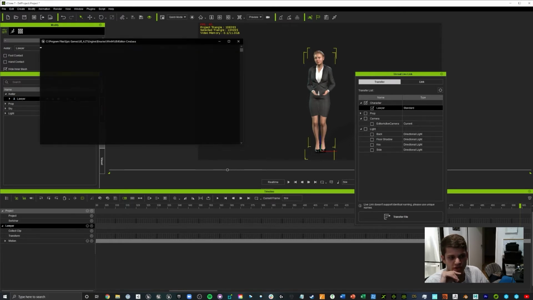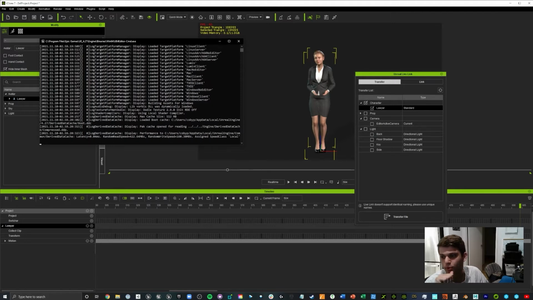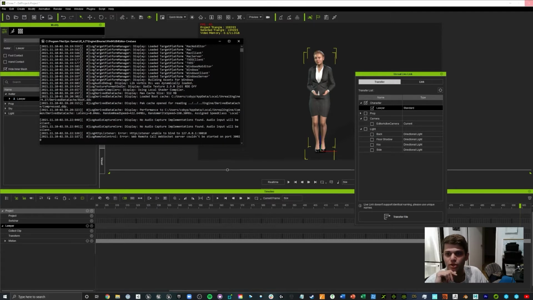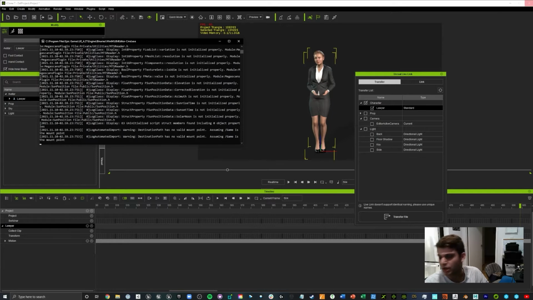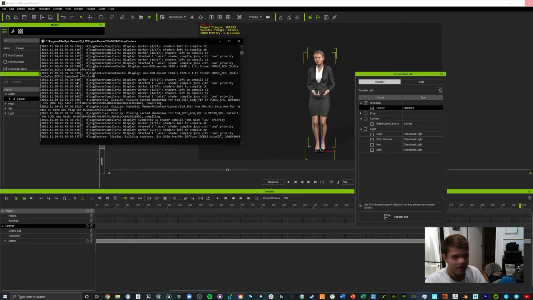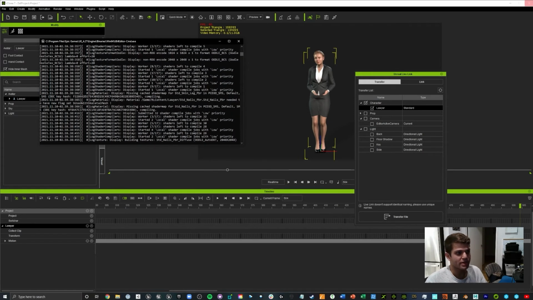I'm trying to think if there's any process. If you look online, it'll walk you through the whole process of how to install this plugin. I showed you how to install the plugin into Unreal, but you might also have to install it into iClone somewhere. I think you should actually just be... As soon as you download it, it'll work. But yeah, this command,